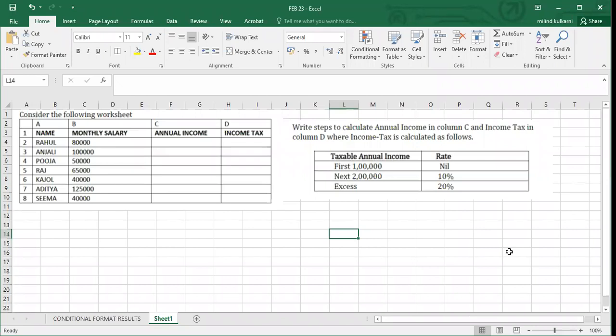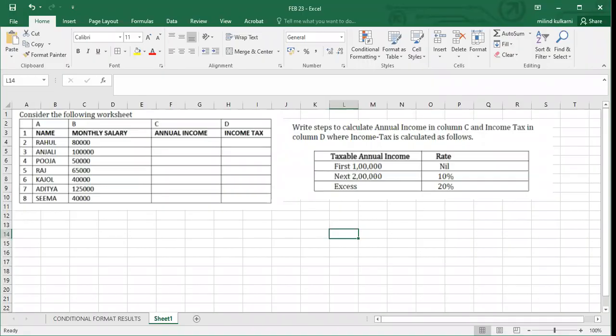And here the question is: write steps to calculate annual income in column C and income tax in column D, where the criteria or conditions to calculate income tax are as follows. For the first 1 lakh there is no income tax, the rate is nil. For the next 2 lakh, the income is taxed at 10%, and for the excess it is 20%.